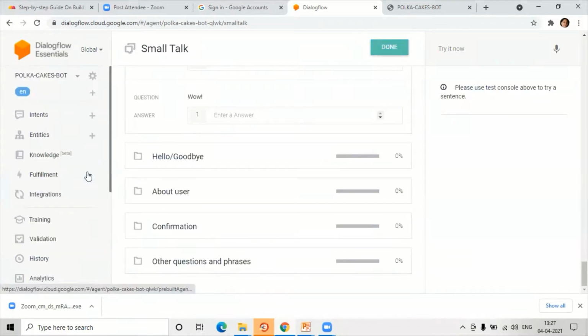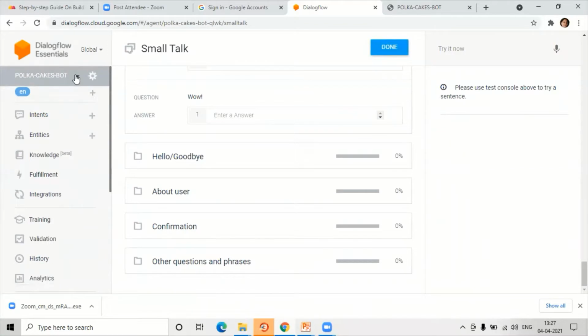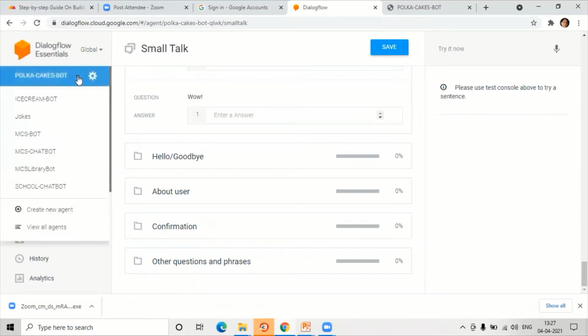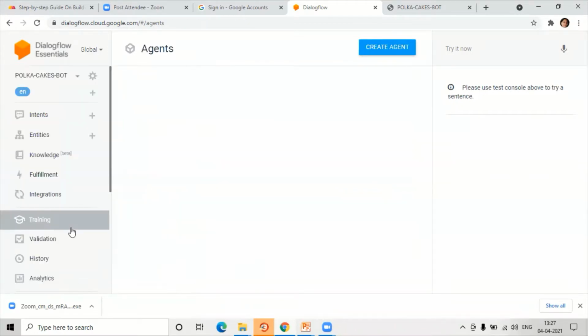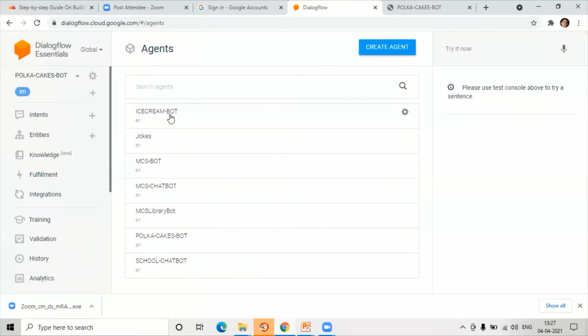Now, how to make an avatar or a picture, like a DP we have for our different Instagram or WhatsApp profiles. So same way here, we want to give it a picture related to it. So view all agents, go to this place, view all agents. And our bot is here, Polka Cakes bot. Go to the settings.